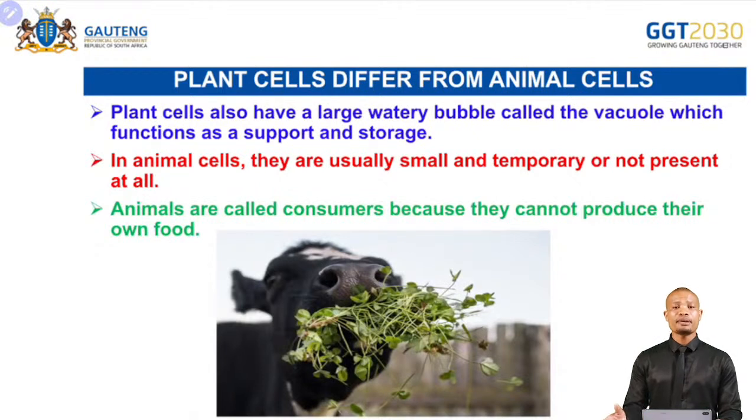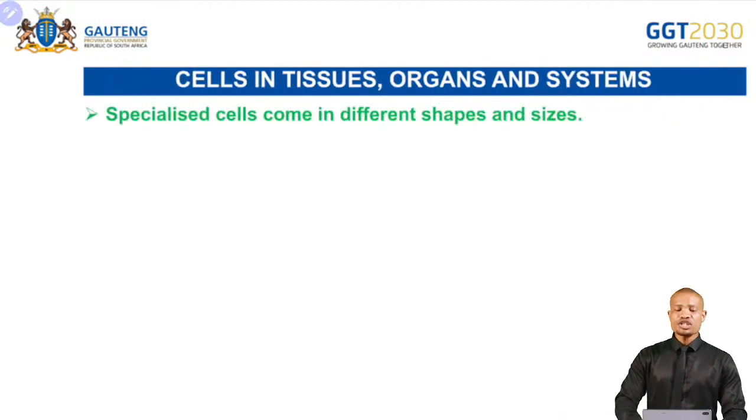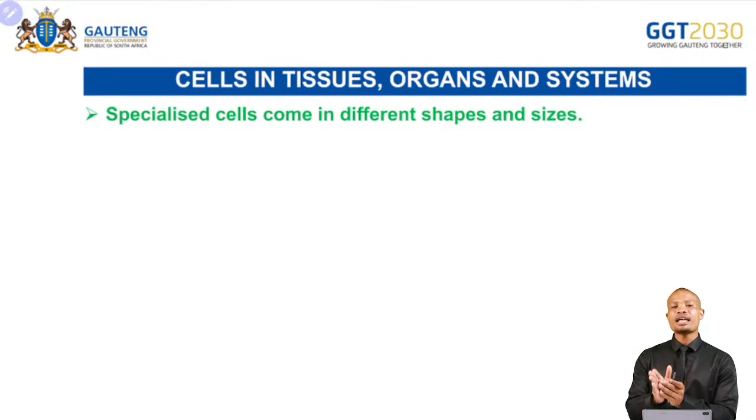So they rely on plants, other animals, or both animals and plants for food. Okay, now let's talk about cells in tissues, organs, and systems. Specialized cells come in different shapes and sizes. Cells that are specialized have a particular function. For instance, there are cells in my eye which are responsible for me to be